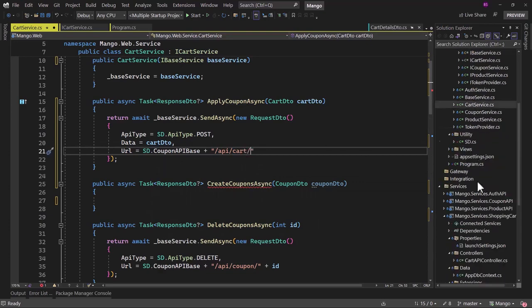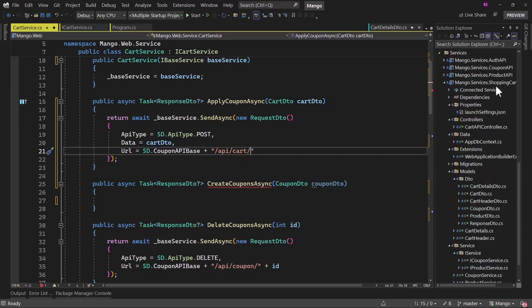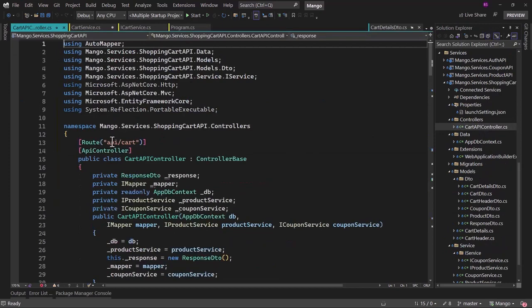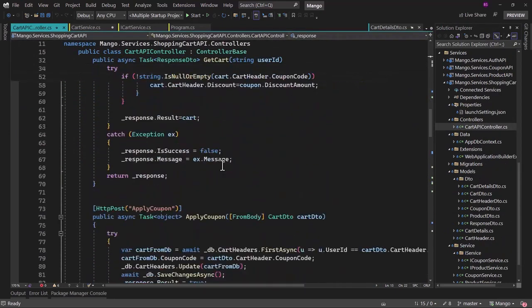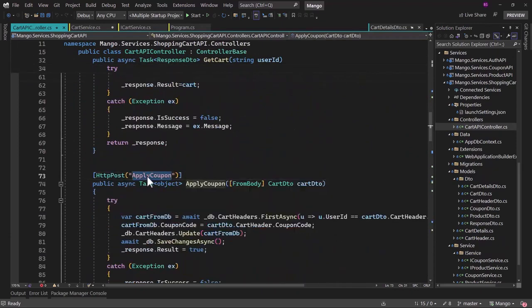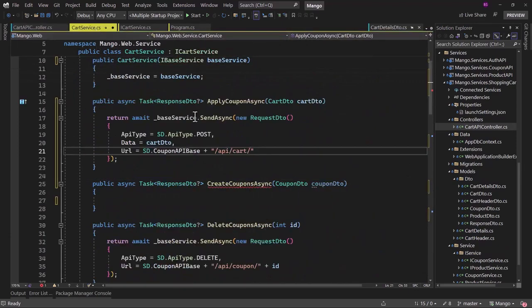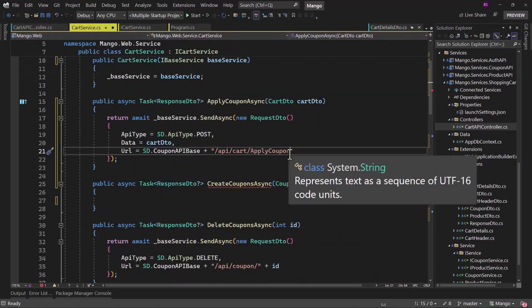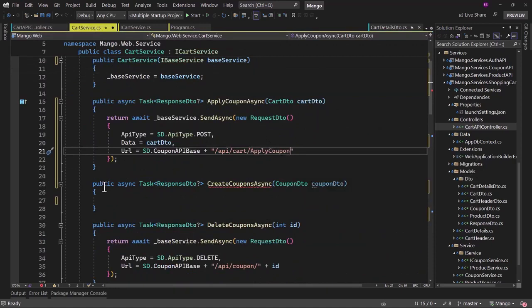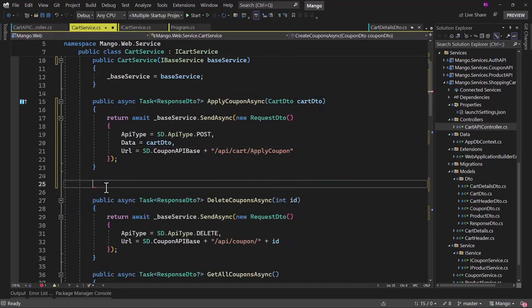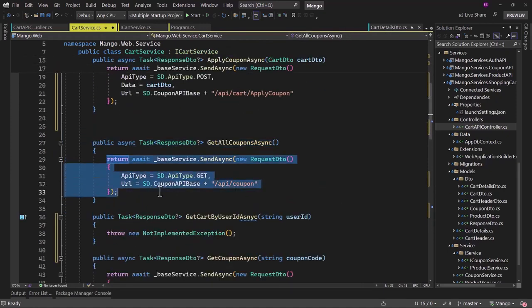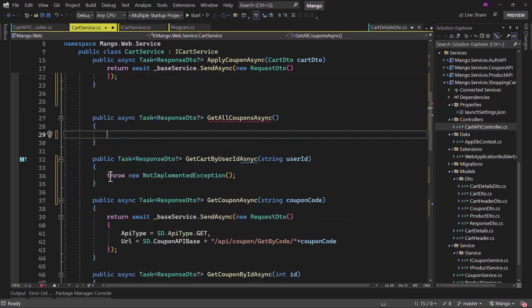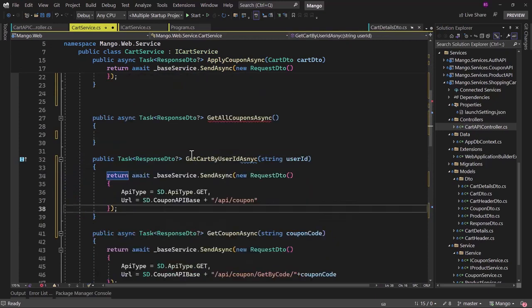API/cart. And let me double check. We will go to the cart API, API/cart. And let me go to the action method. We have apply coupon. Copy that, paste it right here. Apply coupon looks good. Let me remove everything else here. Right here we have the get. Let me cut that and paste it inside the get cart